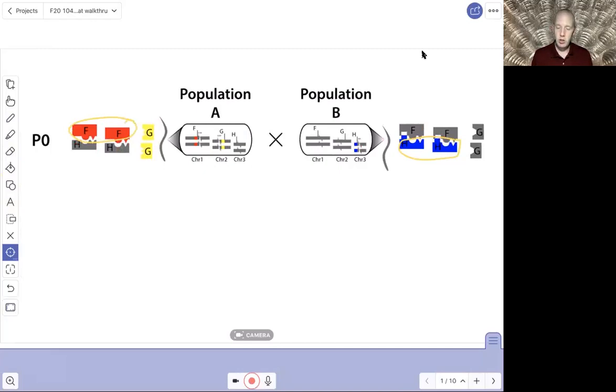And again, gene G, which is here shown as wild type, is irrelevant to the interaction between F and H. So again, the incompatibility is between the blue and the red alleles in this cartoon example,